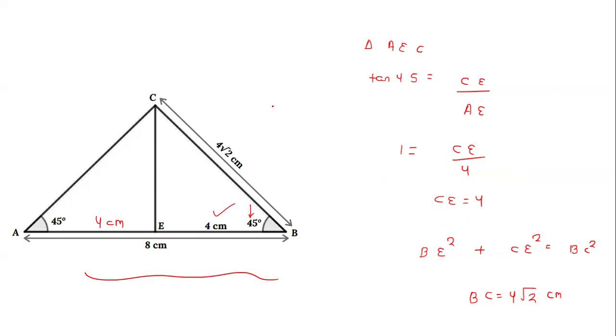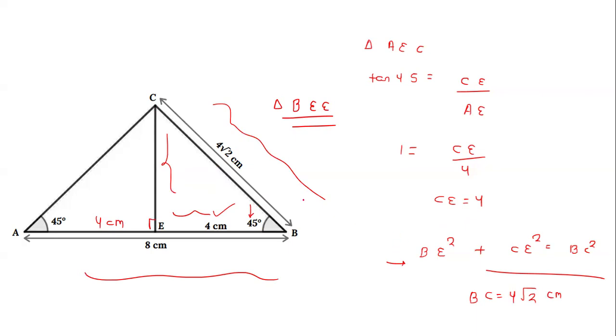So now you can see in the triangle BEC, this angle is 90 degree, so if I apply the Pythagoras theorem, we can write BE square plus CE square is equal to BC square, and we know BE is equal to 4 centimeter, and this angle is 45. So this will also be 4 centimeter. Like we can write tan of 45 is equal to EC divided by BE. BE we know is 4 centimeter, and this value is 1. So EC is also 4 centimeter. And then what is the value of BC? It is just 4 root 2 centimeter.